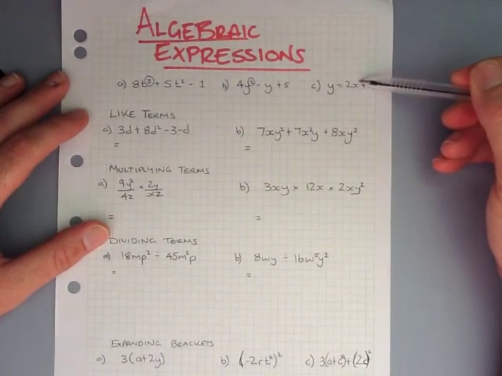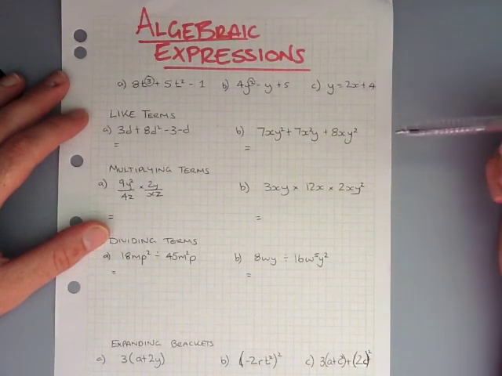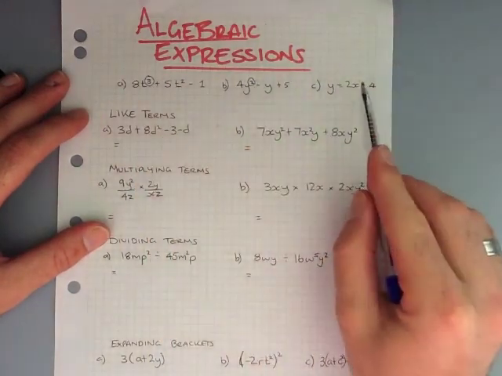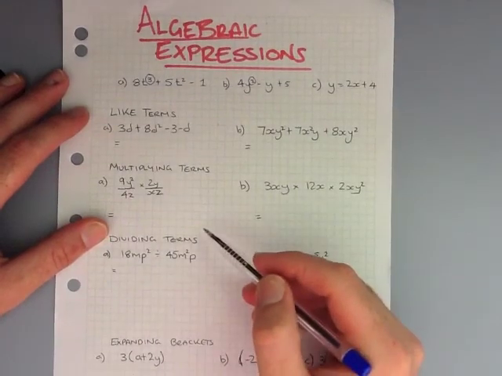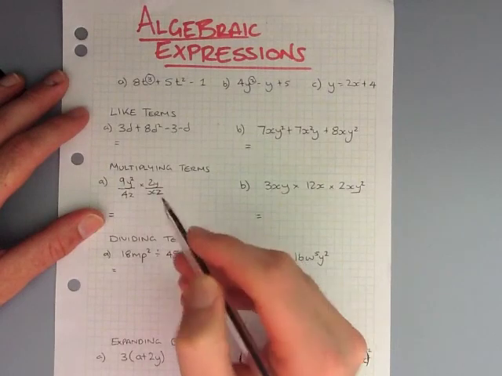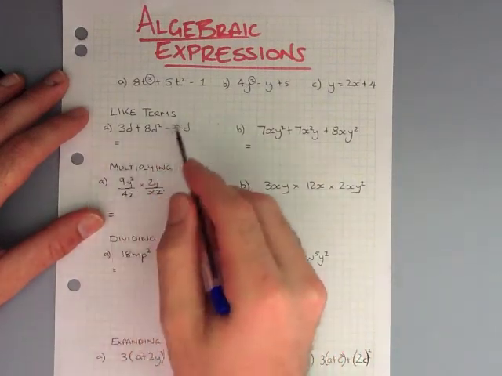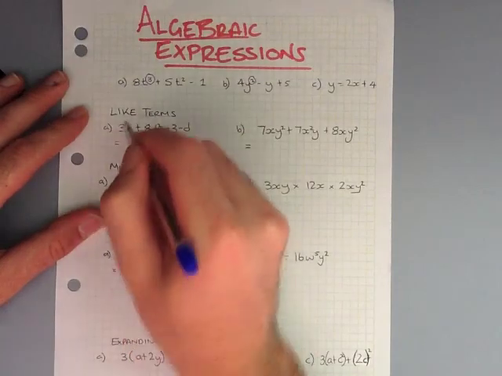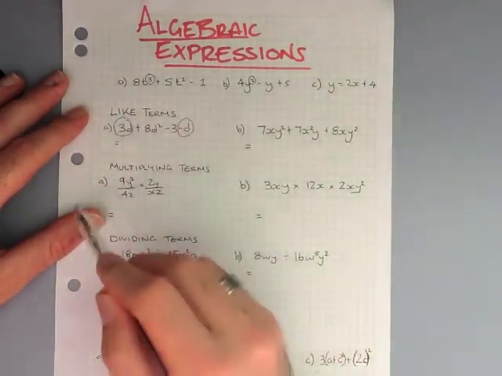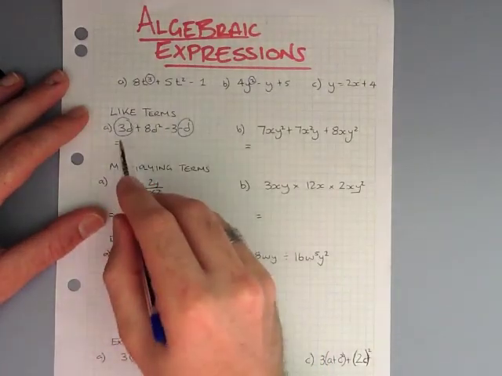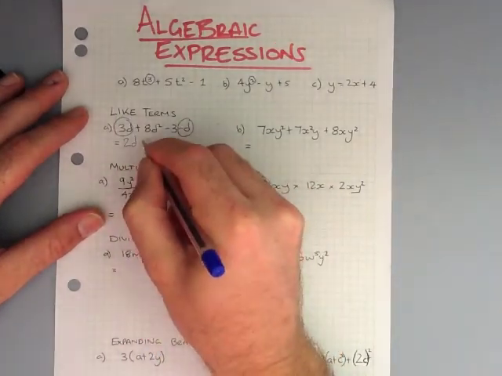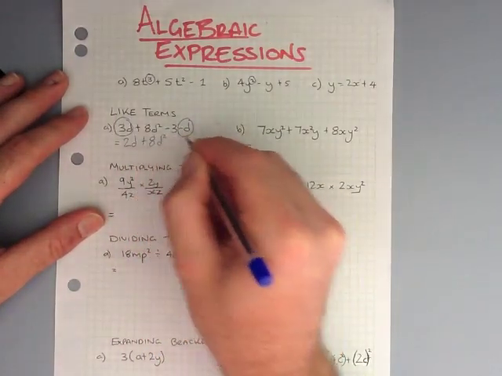And again, mathematicians being lazy, we won't write the 1, it's just x. So we have a cubic, quadratic, and linear. When it comes to adding or subtracting algebra, we need to only add and subtract the like terms. In this first expression, the only like terms are 3d and minus d, because they are the only two that look exactly the same. 3d minus d is 2d, and now we just write out the rest, plus 8d squared